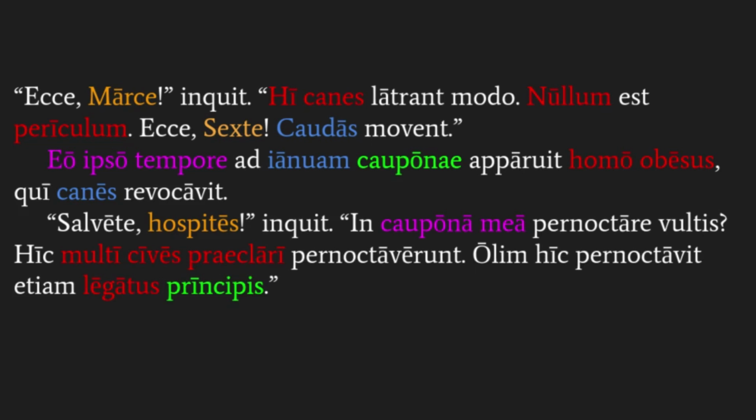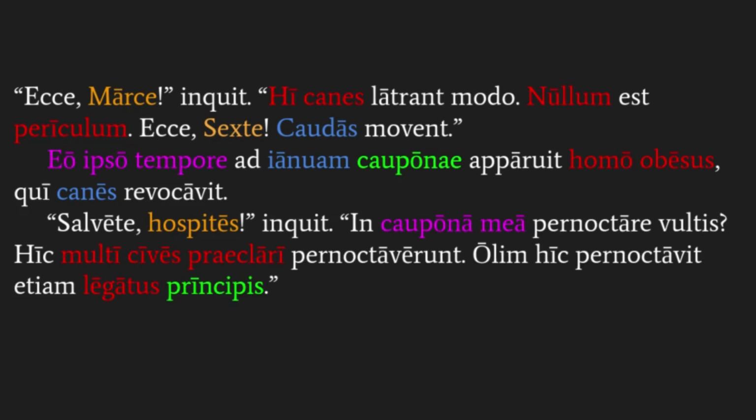So again, revocavit, you're going to see is setting you up for next chapter. It's what we call perfect tense, meaning he recalled or called back. So kind of, for now, think of it as a vocab term, but keep in mind why this looks a little bit different with a V in the middle of it. That's what you're going to be covering the next few chapters. So this man says, inquit, salvete hospites. So he says, hello, salvete hospites, hello friends, or hello guests.